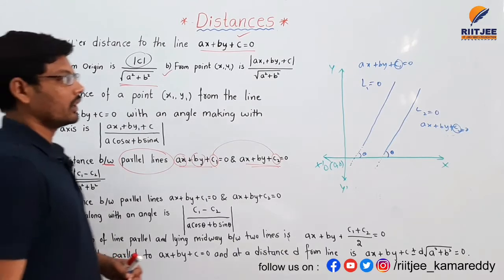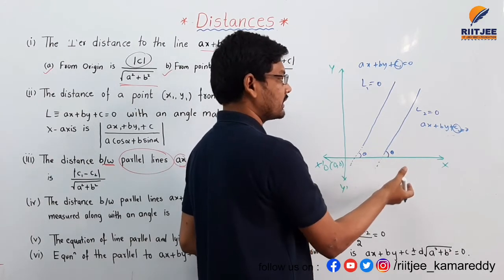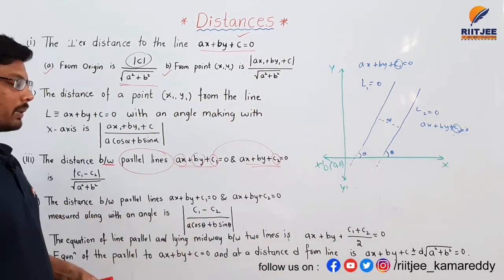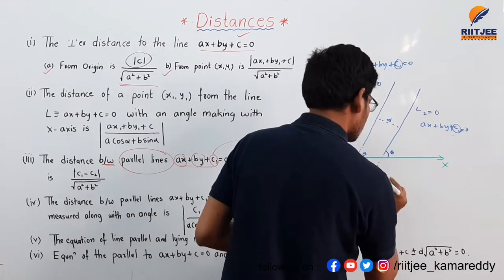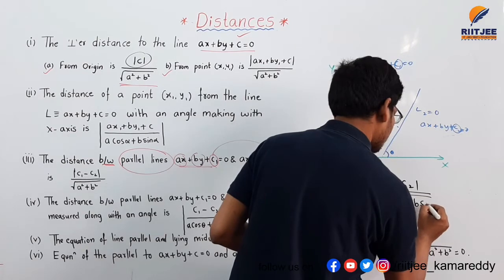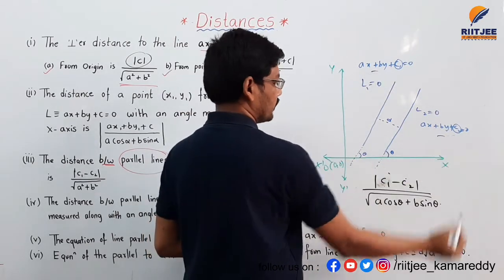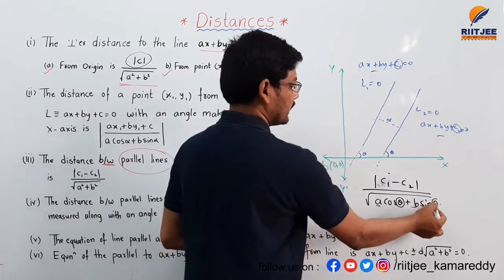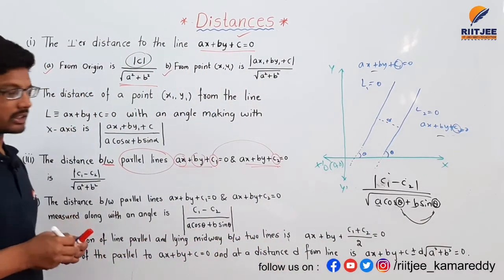If the lines are making an angle with the x axis, or any axis here, and you want to find the distance between these two lines, then the formula is modulus of c1 minus c2 by a cos theta plus b sin theta, where c1 and c2 are the constant values of L1 and L2 here, a is the coefficient of x, b is the coefficient of y, and cos theta and sin theta, where theta is the angle made with an axis here. This is all about the